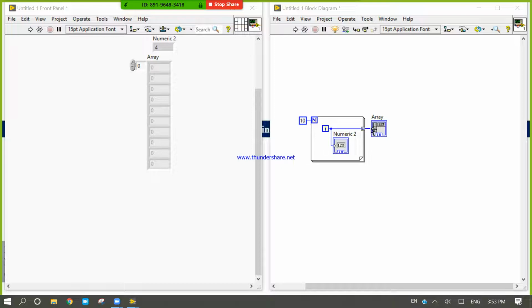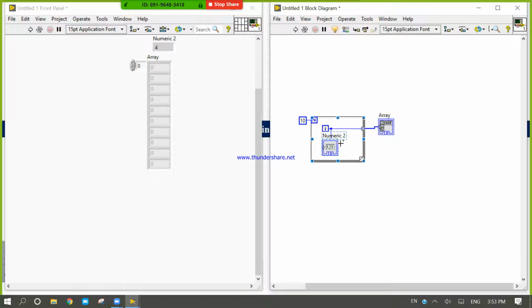So a loop cannot generate any kind of data outside of the loop while it is executing, iterating or running. When it completes the execution, when the loop stops, then it will generate the data outside. So when you use a for loop, the output of the for loop is an array, because in each and every iteration the loop will produce some data.